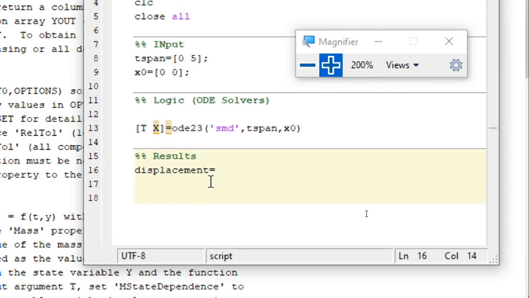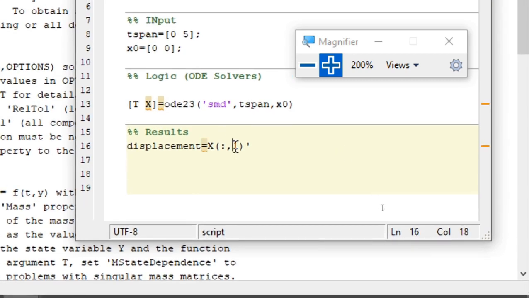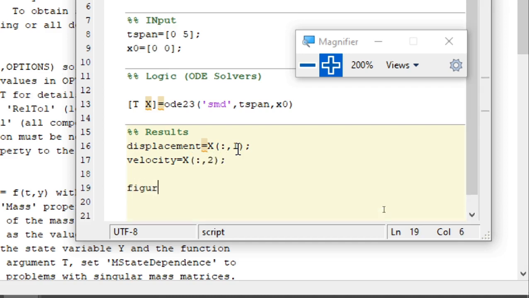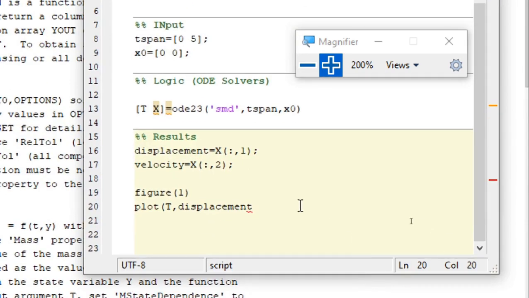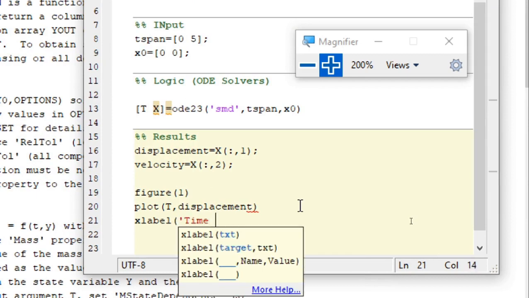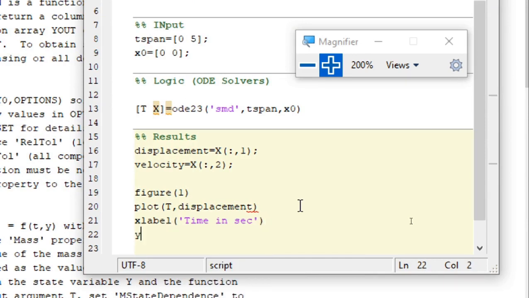Displacement is equal to X, all the rows and first column. Then I will have a velocity, which is equal to capital X, all the rows, second column. Then I need to write figure number 1, which is going to plot T versus displacement. I can give an X label, time in seconds, and a Y label,